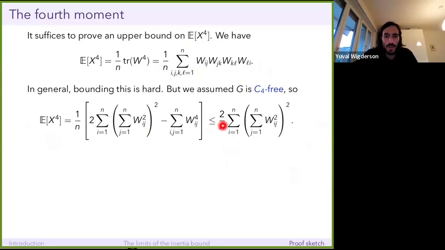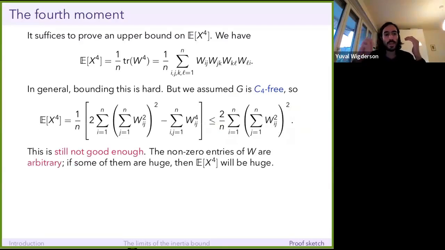So what is this quantity? Well, there's a factor of 2 over n, and then we're summing over all rows of the squared L2 norm of that row. Okay, and our hope again is to say that this quantity is small, like at most 2. And unfortunately, we still can't. And the reason we still can't is that, remember, the adversary gets to pick the matrix. And if the adversary makes it so that some of the entries of W are way bigger than others, that they live at completely different scales, then the large entries will completely dominate this sum because we're squaring. And this thing will not be bounded by any constant. It'll tend to infinity with n in the worst case.